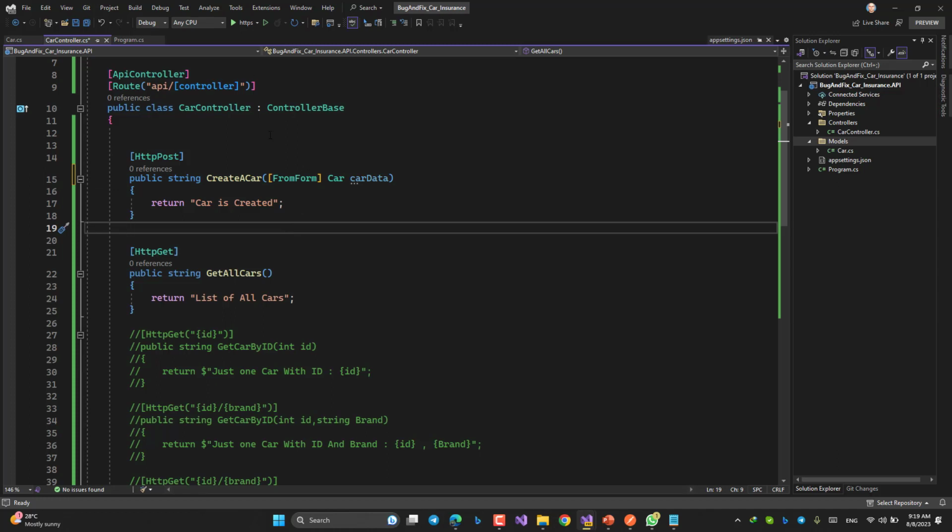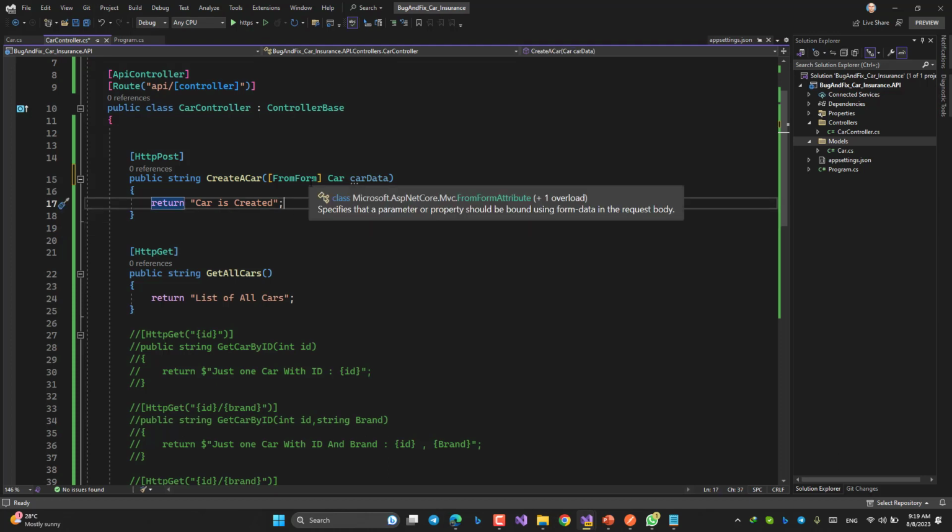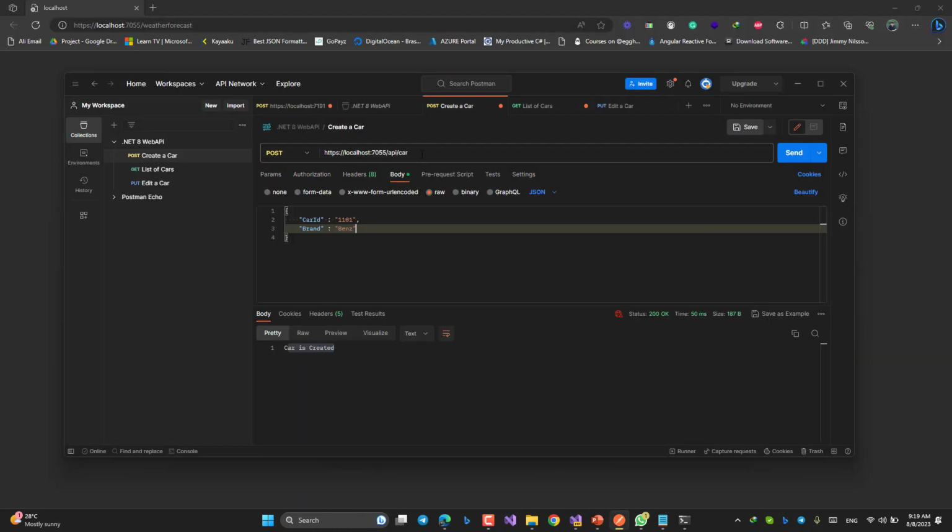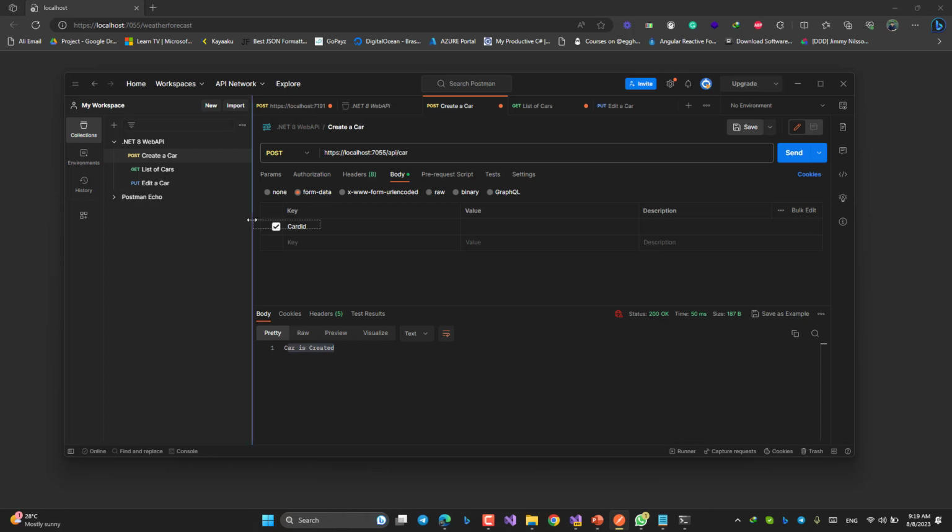So if I run the API again, see, nothing else should change, just this. My endpoint is the same, but here instead of raw in the body, I choose form data, then car ID. See, I can copy from here like this,